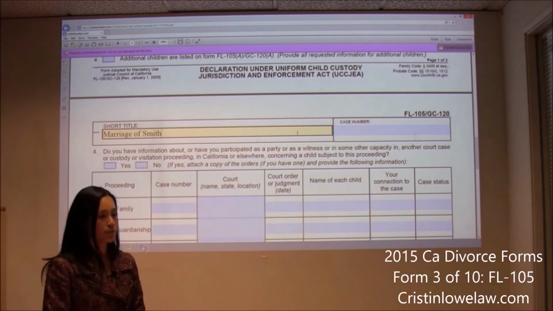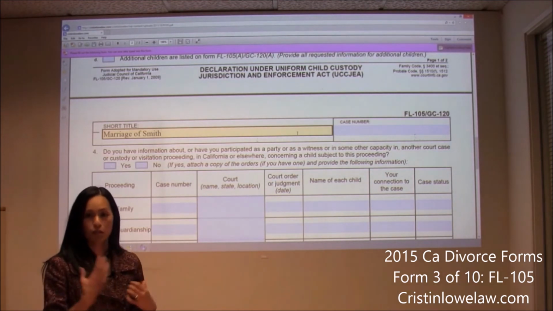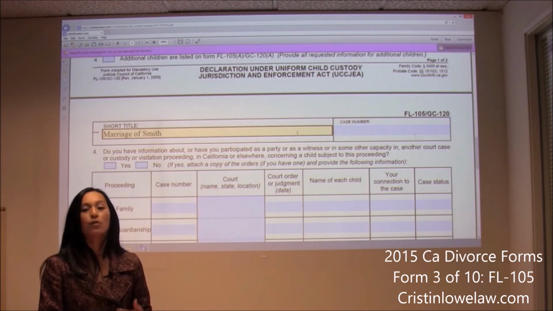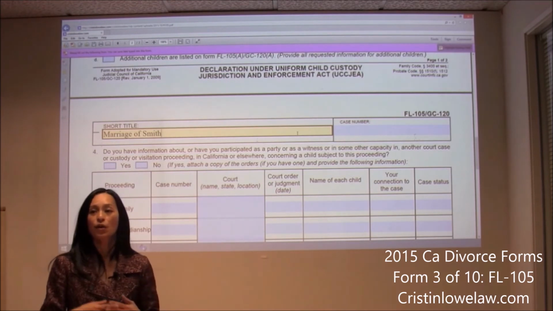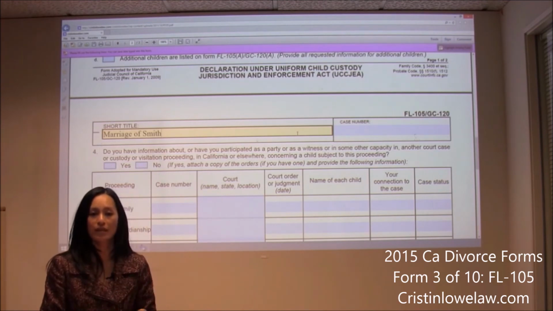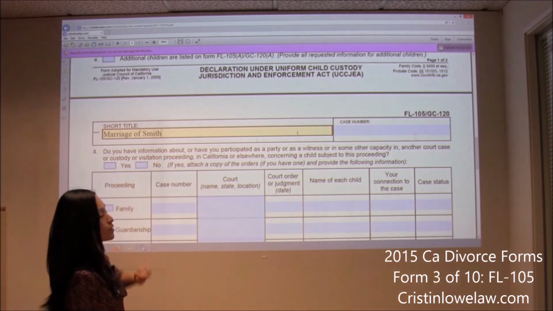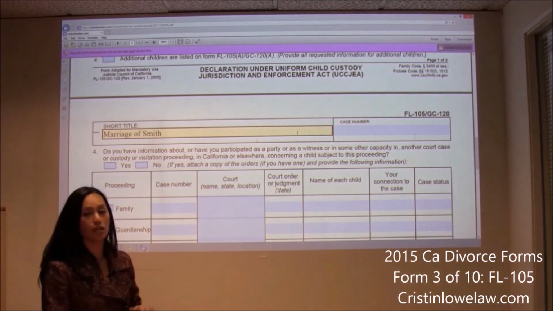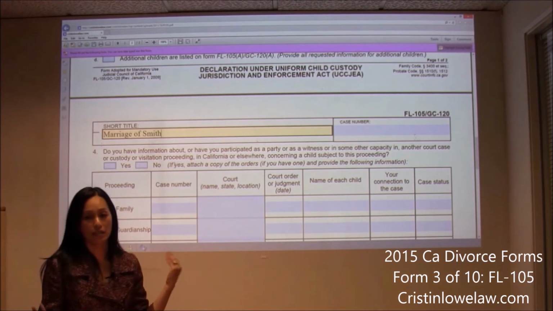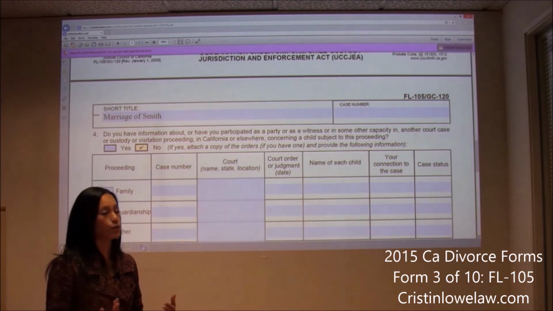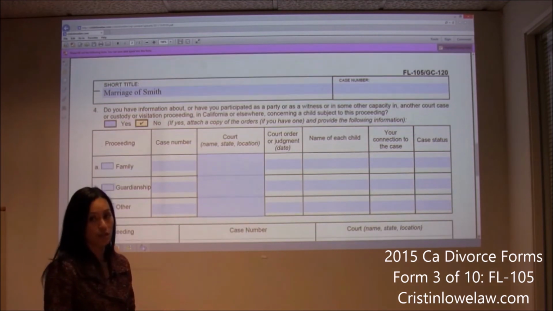All right, so for most people, the rest of this form is very easy. So I'm not going to go into the details. I'm going to assume that your kids have always lived with you and nobody is trying to take them away from you, and there are no criminal cases or juvenile cases, and we don't have CPS involved. So for most people, 4, you're going to check the box no, meaning there are no other cases involving the kids. And then we're going to scroll down to the next question, and we're also going to check the box no, because we're going to assume that nobody else is trying to take custody of your kids away from you.